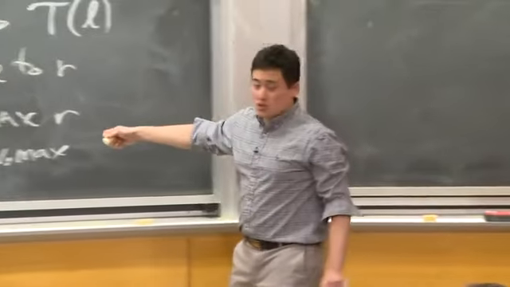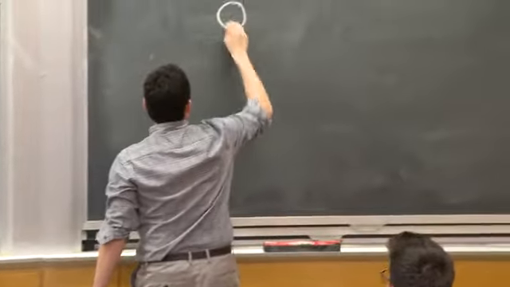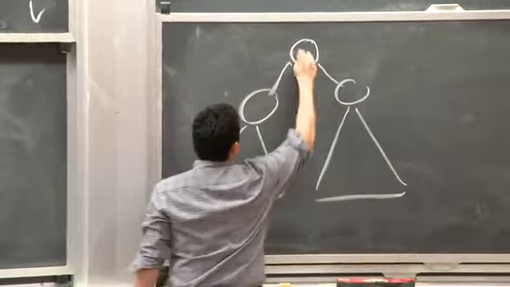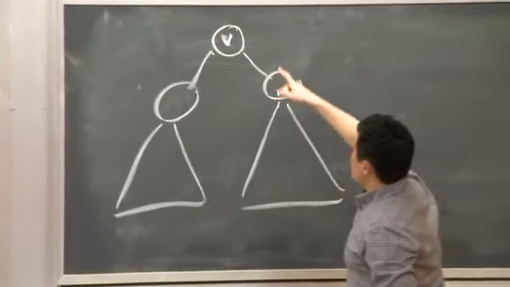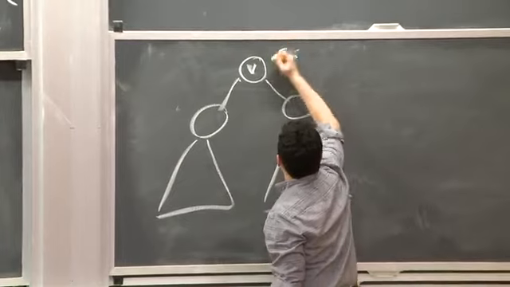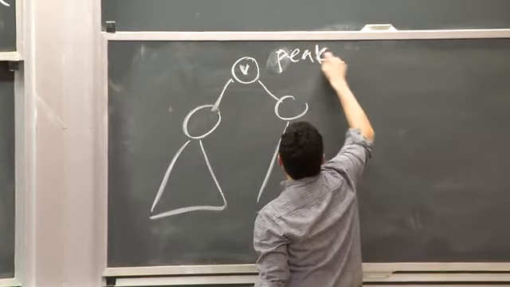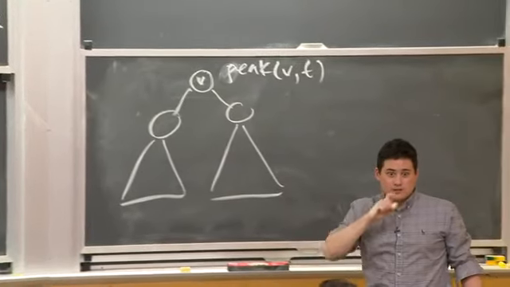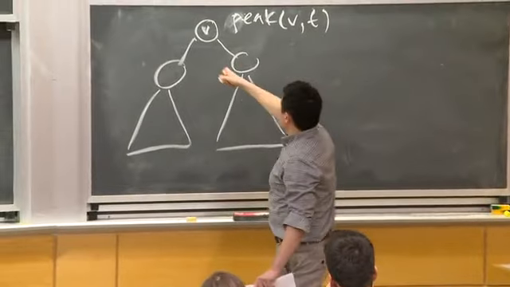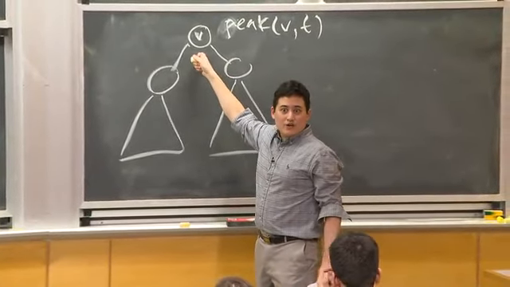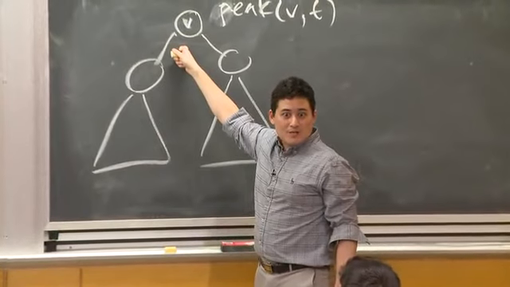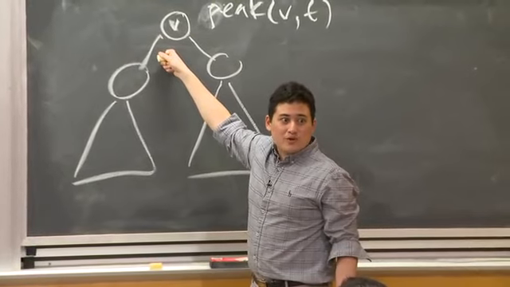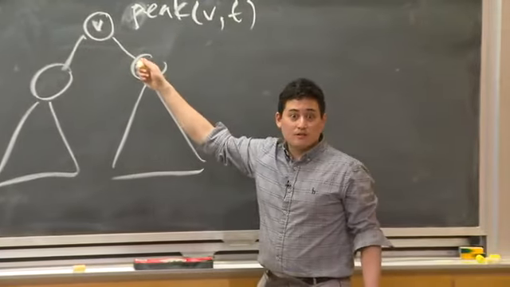So how do I actually support this query? I can think of it recursively, and I have a couple of cases. At a node V, I want to define a recursive function called peak rainfall of a given node, lower bounded by a T. There are two cases: either my time is in my range or out of my range. If it's out of my range, meaning it's lower than my time bound,